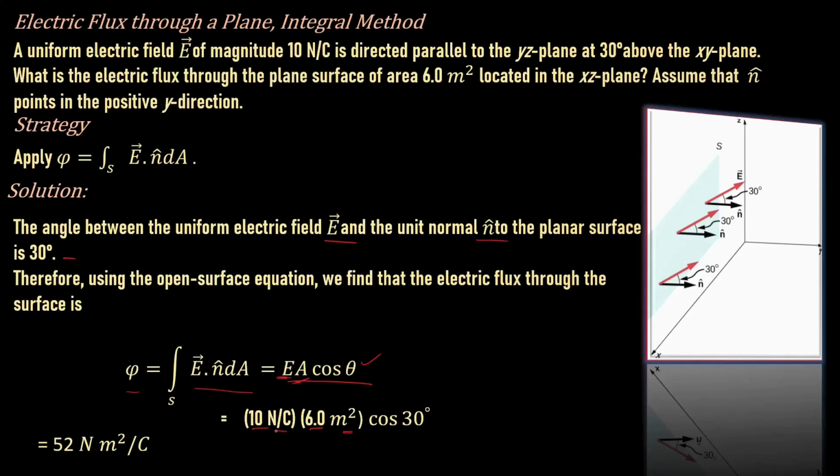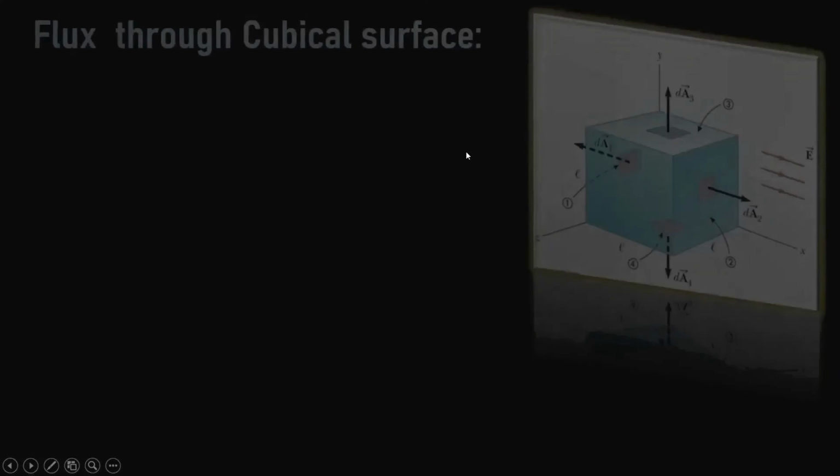Keep in mind that they are already in SI units, following the SI system, so there is no need to change the magnitudes. And for cos theta, we simply put cos 30 degrees. On multiplying, we get the answer. This will be the flux associated with the entire surface area S. So this is how, for different orientations, you can compute the magnitude of the flux.